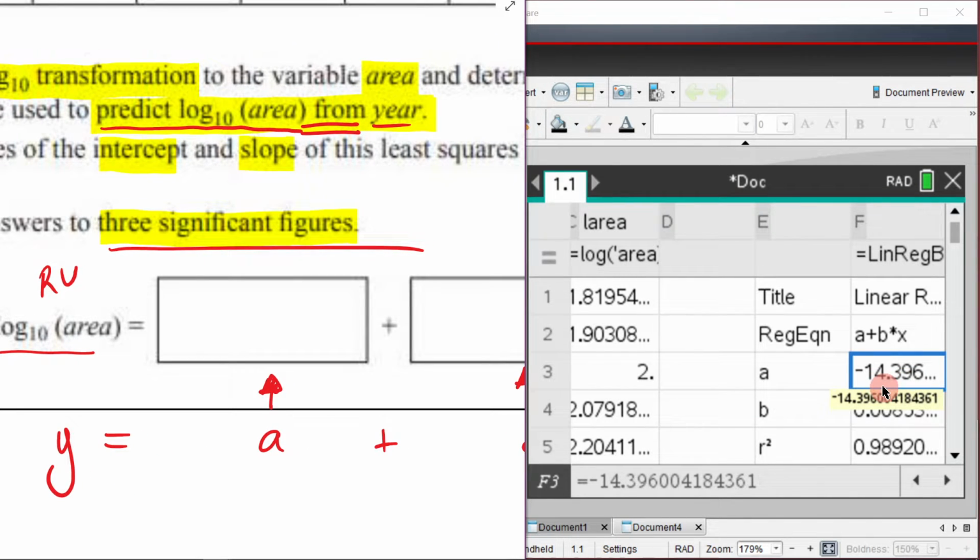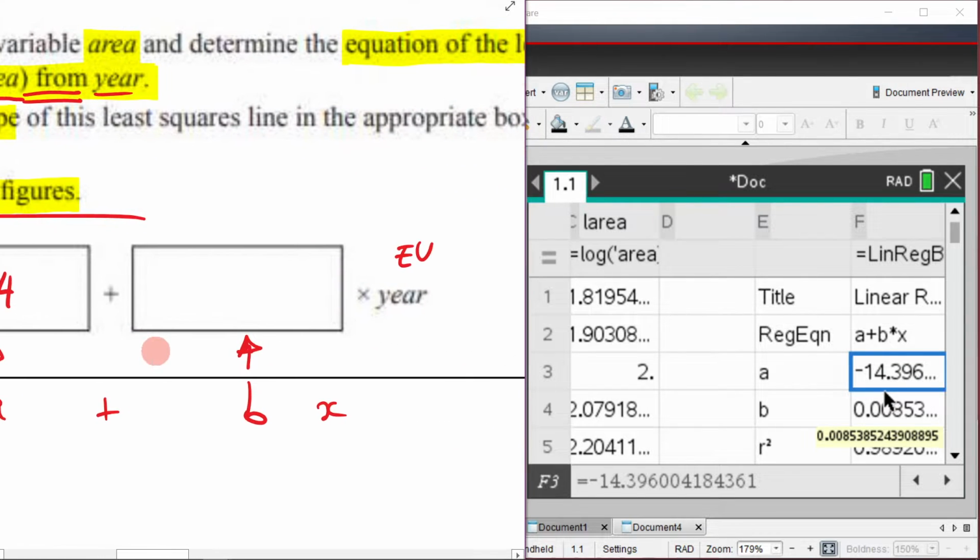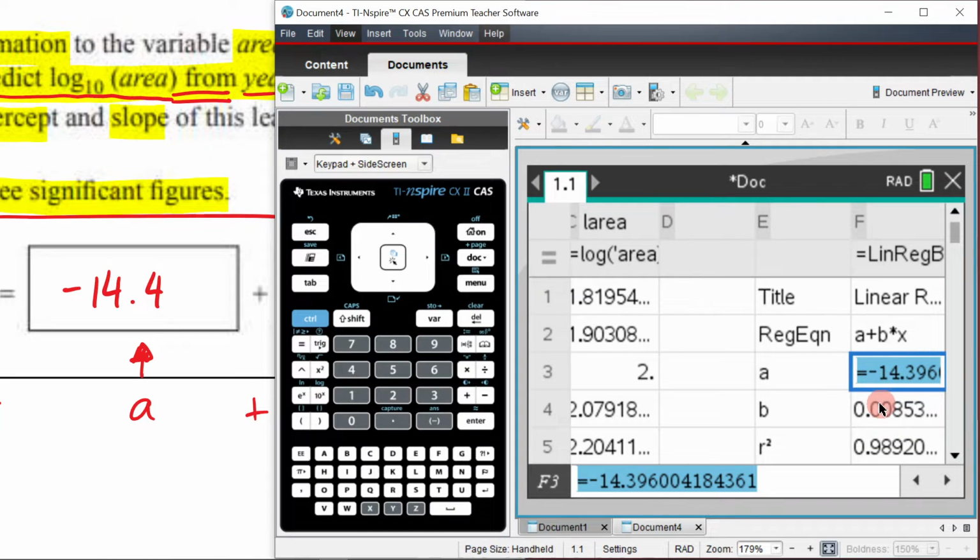We have to make sure that we round this correctly. So if it's 3 significant figures, it will be negative 14 point. Now I need one more significant figure. So I'm going to round this 3 up to a 4 because of this 9. Then we come over to b. Now this is where you have to be careful, because if we look at our b value here, it's